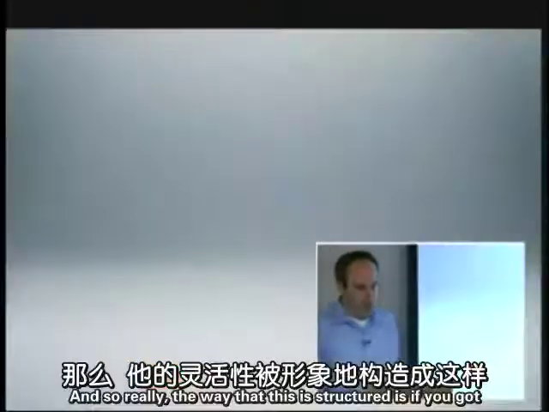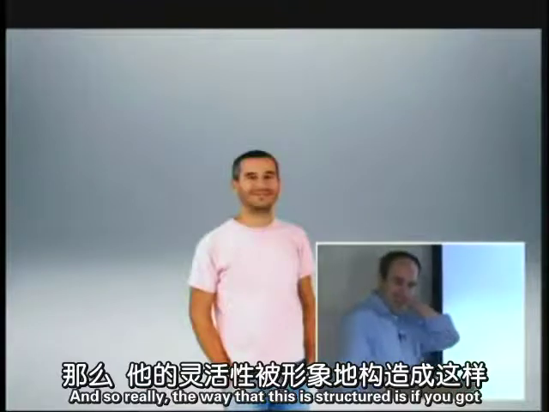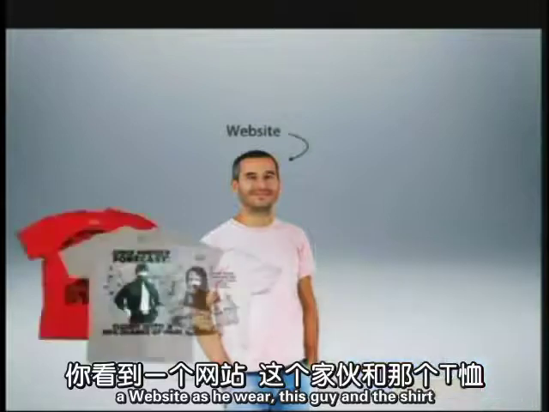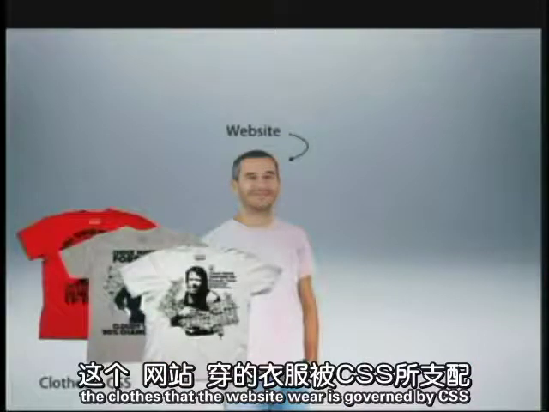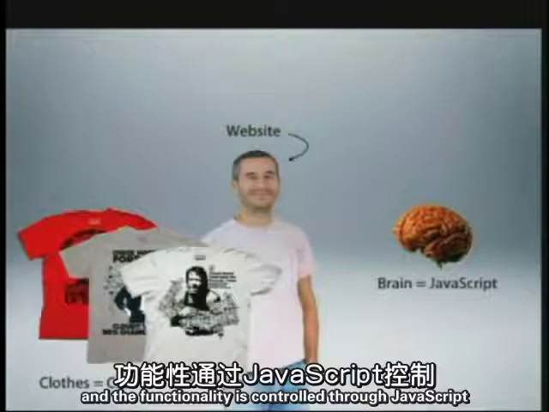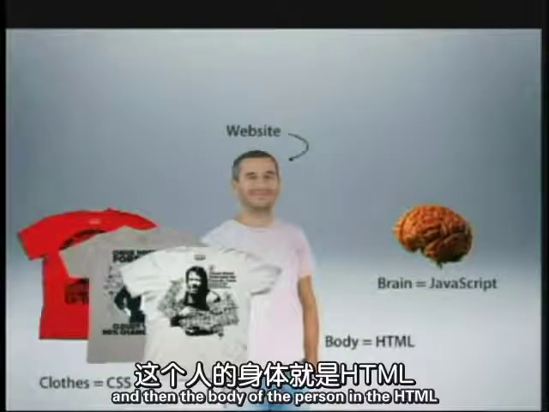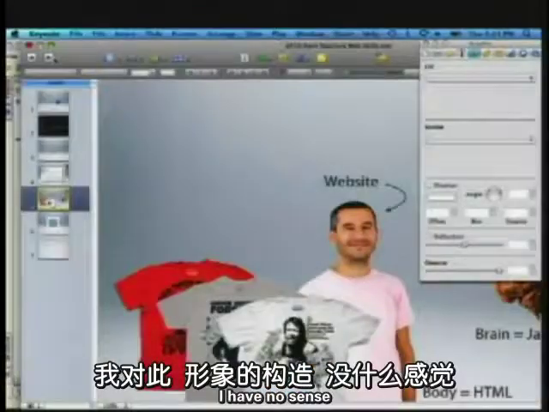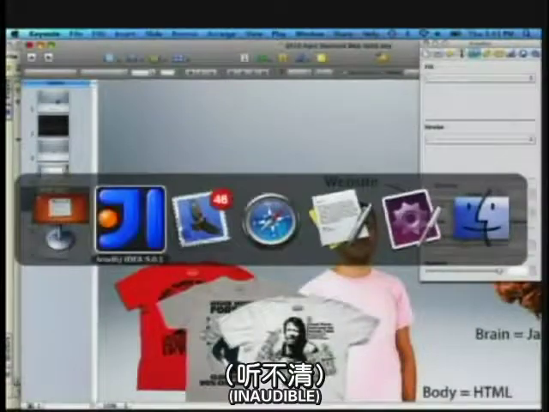And so really, the way that this is structured is you've got a website, as it were, this guy, and the shirt, the clothes that the website wears, is governed by CSS, and the functionality is controlled through JavaScript. And then the body of the person is HTML. So anyway, I don't know if that's an effective diagram, but